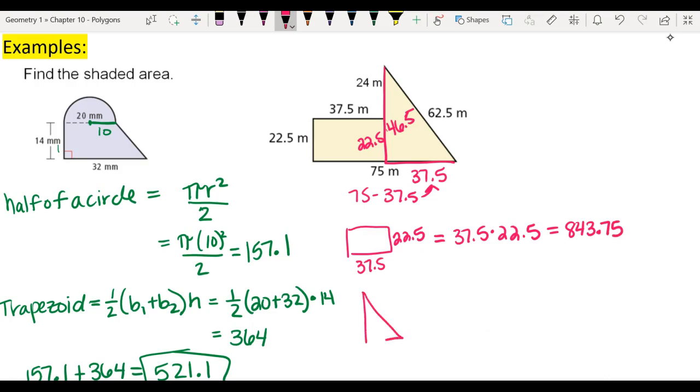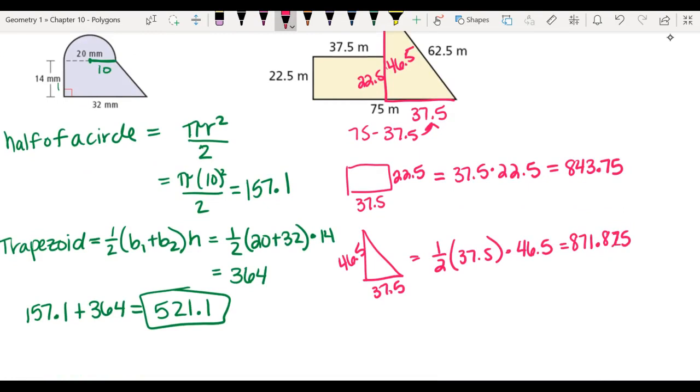Then you have to do your triangle that's on the side here. That's 37.5. This is 46.5. This 62.5 is in there to mess you up. We're not going to use it. It has no part in finding the areas. So now we're going to do 1/2 base times height. And when we plug that in, we get 800 and, what do you get from that one? 0.875? 25? 75? So when you add those together,